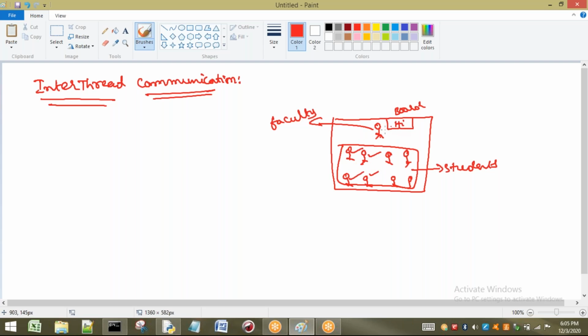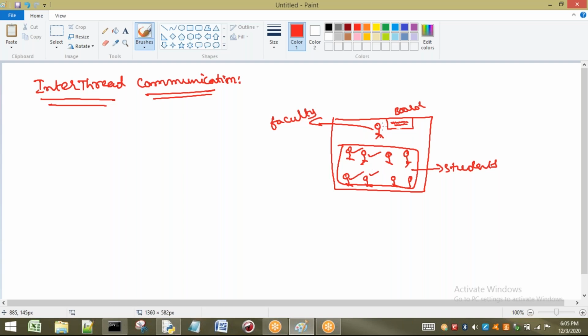After completing that, what will the faculty do? The faculty will erase it, and after that, write some data once again, some important points. After the faculty completes writing, the students have to write these things. So how is the communication done between faculty and students?